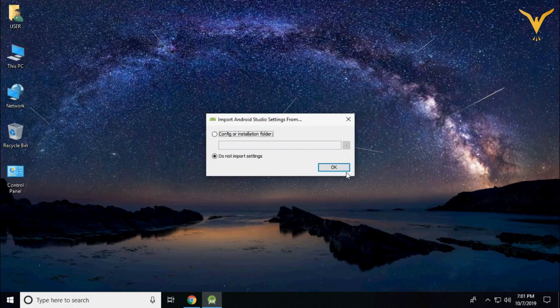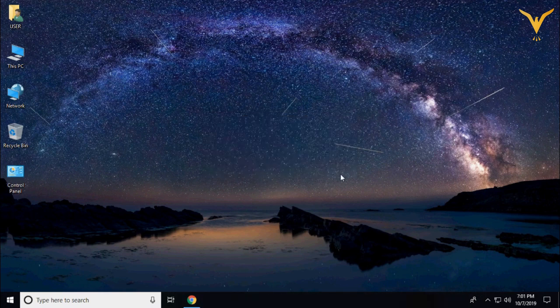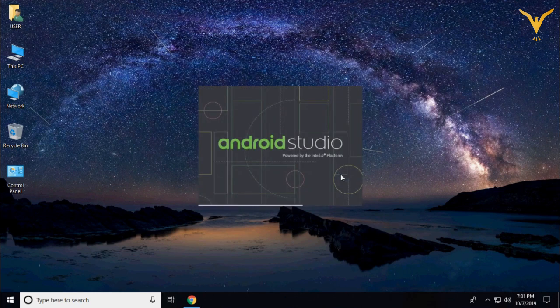With the continuation of previous video, you will get this screen. Select the option of do not import any setting. The purpose of this option is when you are installing this Android Studio for the first time, you should select this option, and if you are reinstalling this application, then you can import previous settings.